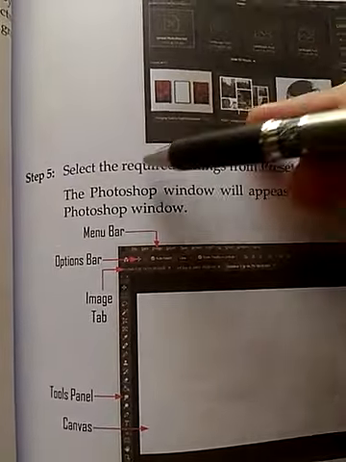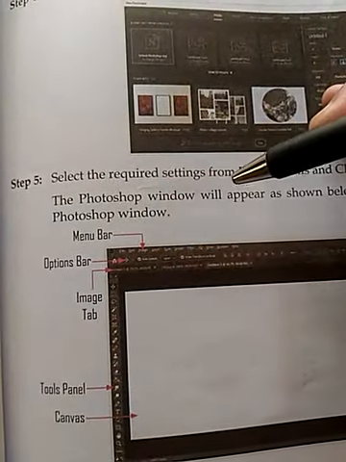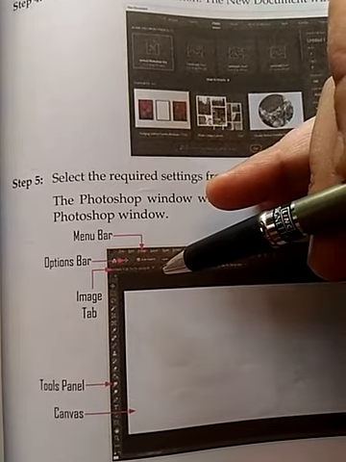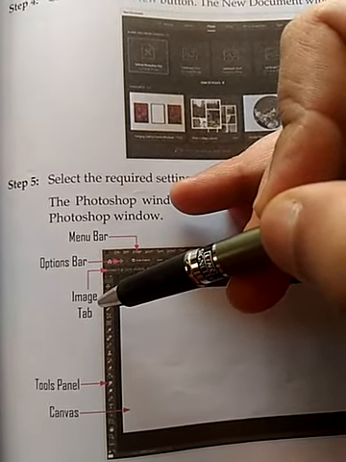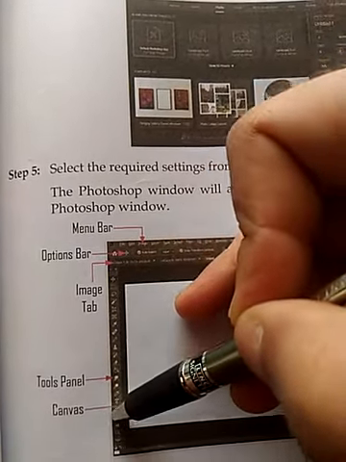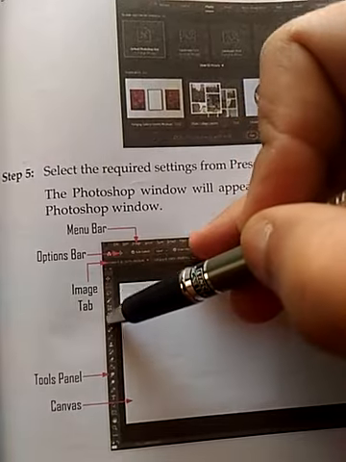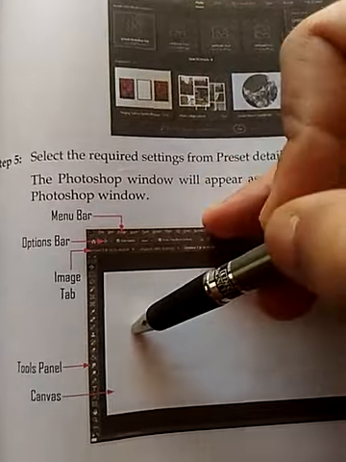Below this menu bar there is another bar known as the option bar. Below this option bar there is another bar known as the image tab. After that, there is a panel of tools which you use to edit your image.